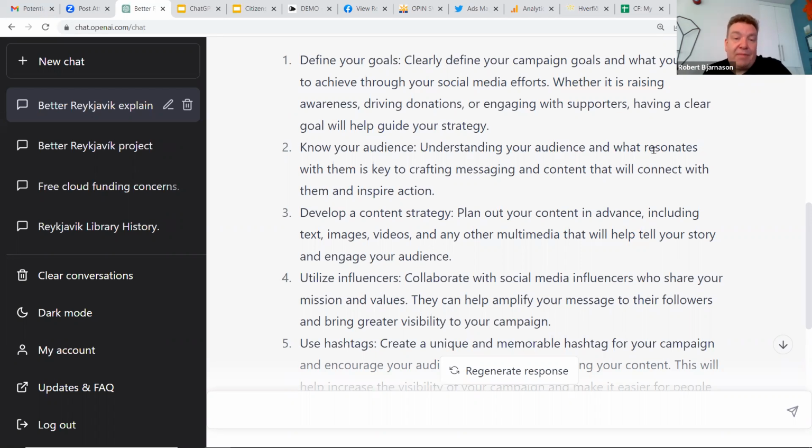And number two, know your audience. Try to understand: are you reaching young people? Are you reaching teachers? Are you reaching government? Whoever it is, that's really important. That can be any audience that you're targeting, and this is something ChatGPT can help you with. For example, you can ask ChatGPT to write different versions of advertisement text for young people and older people, and that works amazingly well.